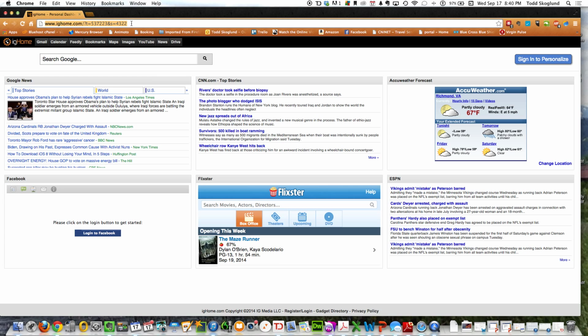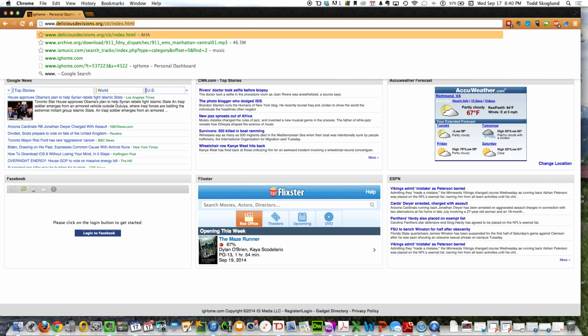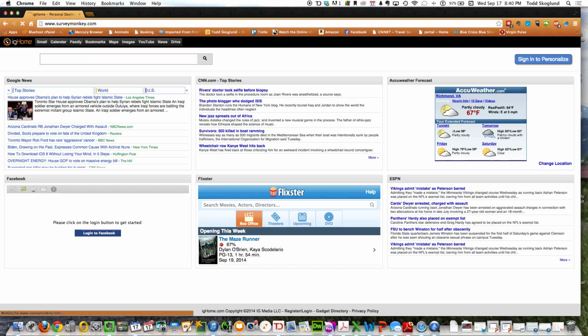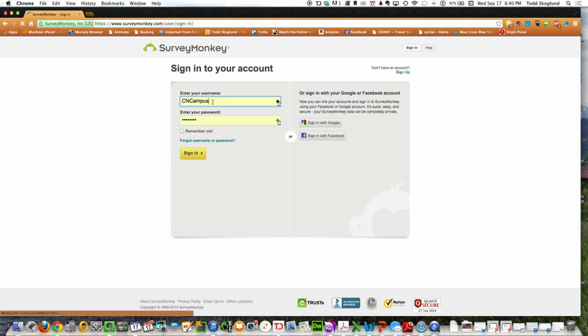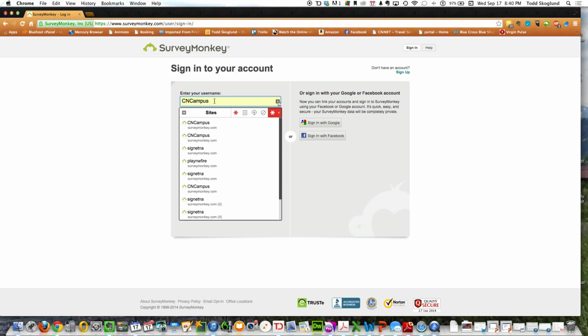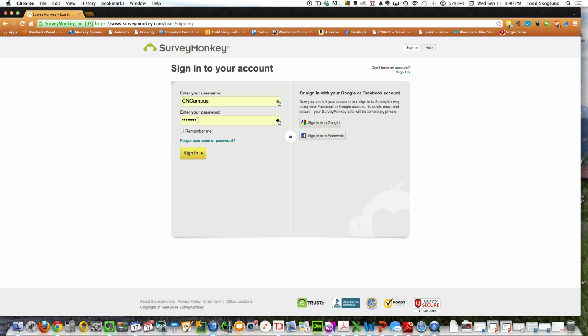So the first thing we do is we simply go in and we log into SurveyMonkey at www.surveymonkey.com. We click on that and that'll take us over to the SurveyMonkey site. We just come up here to the top, we click sign in. And this will preload for us because I've got a lot of bookmarks saved. But our username is CNCampus, with capital CNC, campus with no spaces. The password here is actually the number 2014